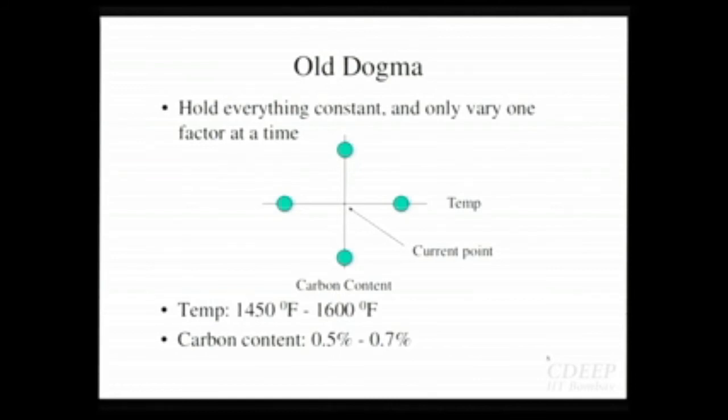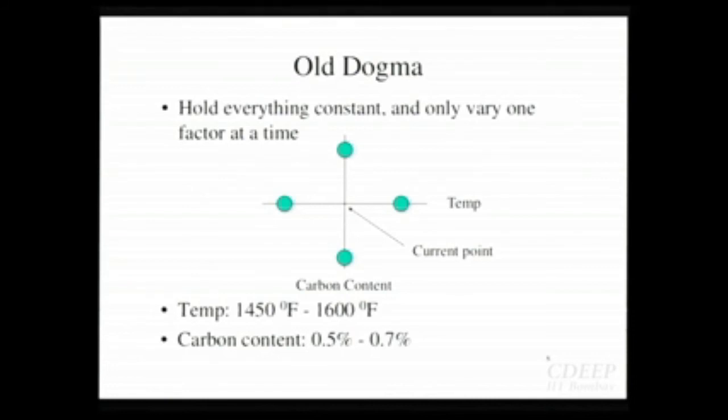Let's say, just for illustration, the temperature can be varied in the region 1450 to 1600. The default value was, I think, 1525. This range comes from the process people. They will say you can't change it more than this because they don't know what will happen to the process. So there is an allowable range given to you in which you can vary. The lower level is this, the upper level is this. Similarly for the carbon content.